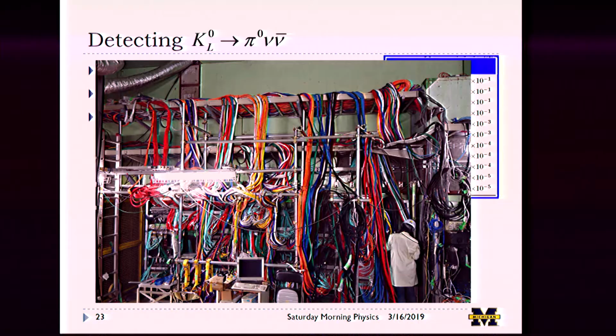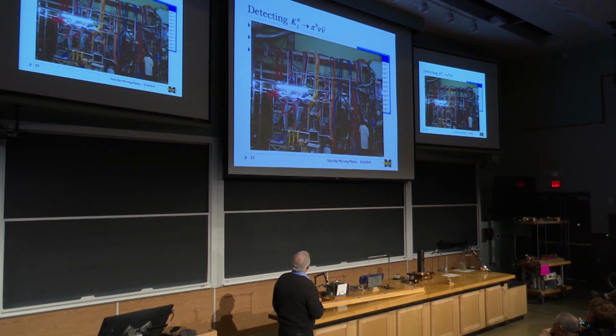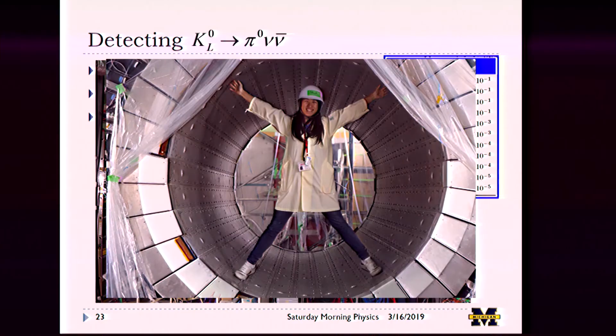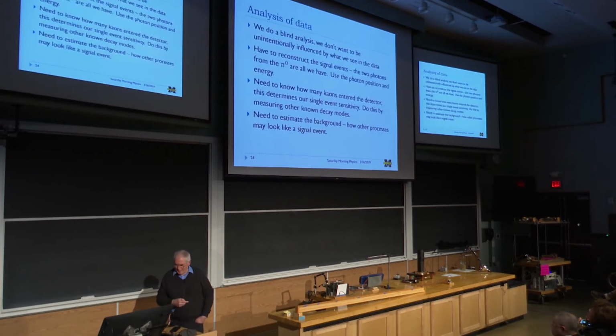This is a picture of Stephanie, one of our graduate students, working on the electronics that receives. Remember, Connie had to make 4 of these channels work. We have to make 4,000 of these channels working all at the same time. This is just the cable plant coming from the detector into the electronics. And this is Stephanie standing in the center of our detector to give you a sense of scale. This is one of the detectors that is used to eliminate the background.